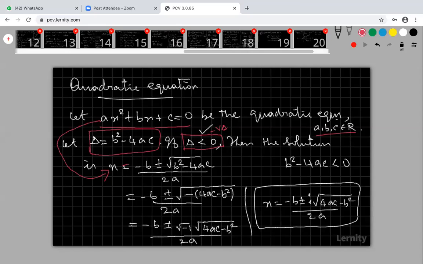So this is minus b plus or minus root over, since this is negative, this is a negative value. What about root of minus 2? We can take root of minus 2 as root of minus 1 into 2. We can write like this. Root of minus 1, we don't have any value. We use the notation that root of minus 1 is i. So therefore, this is nothing but i root 2.